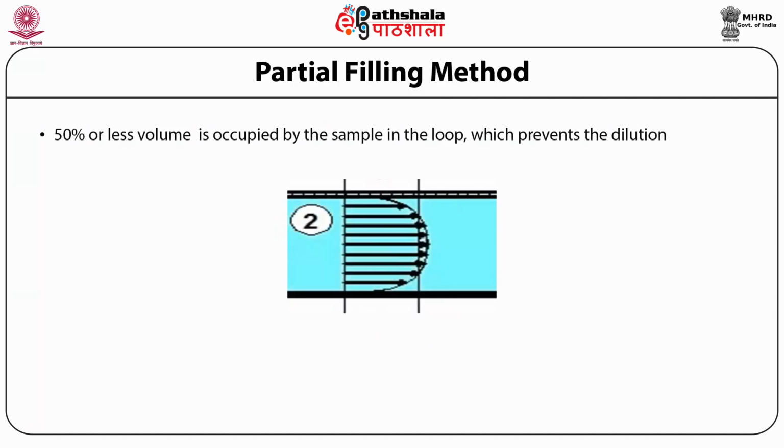In partial filling method, the sample is likely to get diluted with mobile phase during loading, and diluted sample occupies approximately double the volume of sample loaded from the syringe. So, not more than 50% of the volume is occupied, which prevents the diluted front of the sample band from leaving the loop. This enhances the reproducibility and precision of the process. The sample volume that is to be injected onto the column is set by the syringe. Therefore, accuracy of dispensed volume is also maintained.